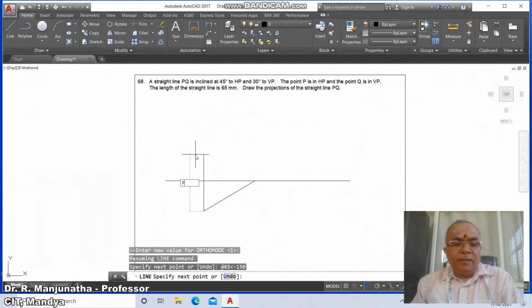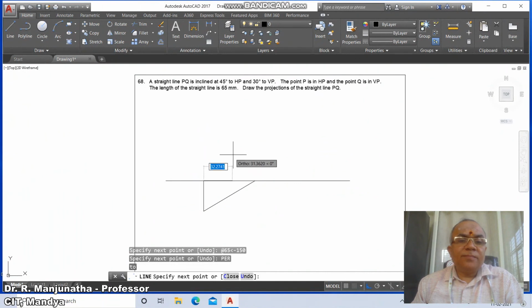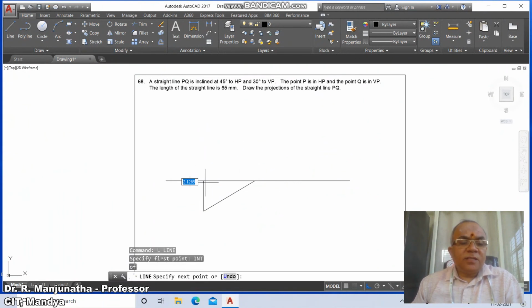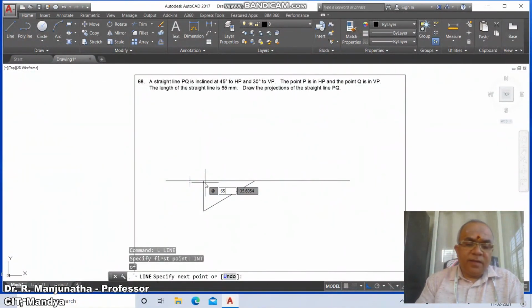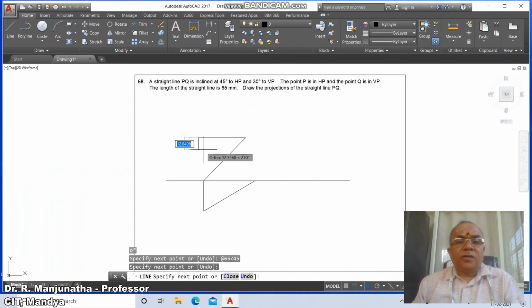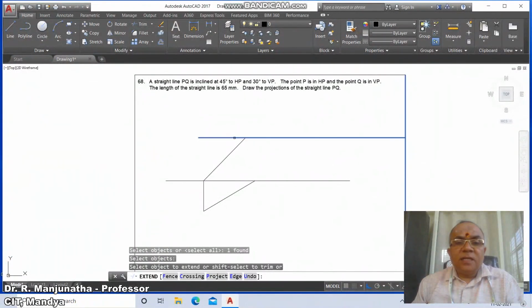Then draw line perpendicular to this line. Now we are going to get this and go to line intersection of this at the rate 65 less than 45, and then draw the horizontal line, and then go to extend this line till here.